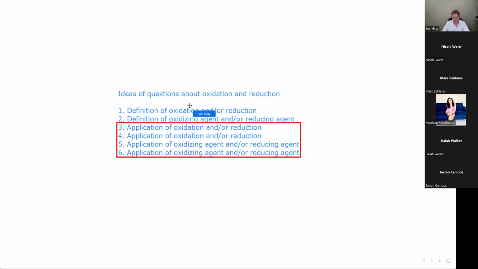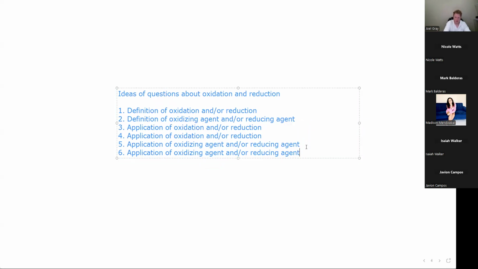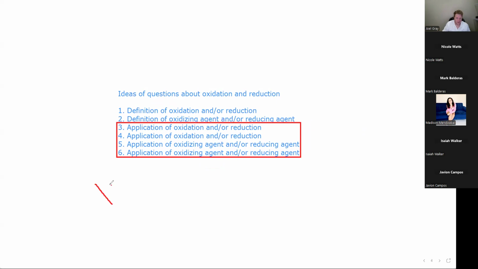So these could come in the form of balanced chemical reactions, but they could also be looking at models like something like this: X plus an electron yields X minus. Or a good question would be something like,